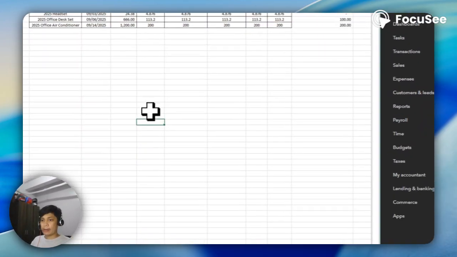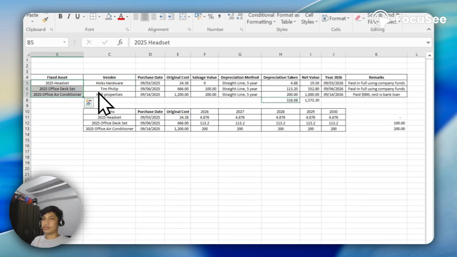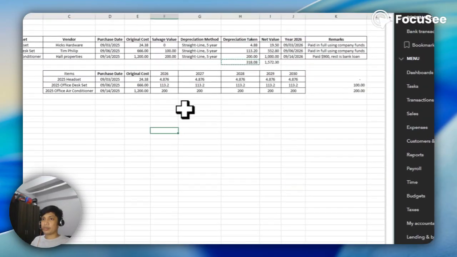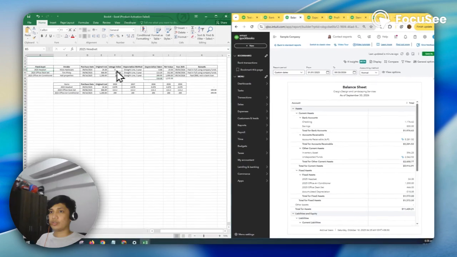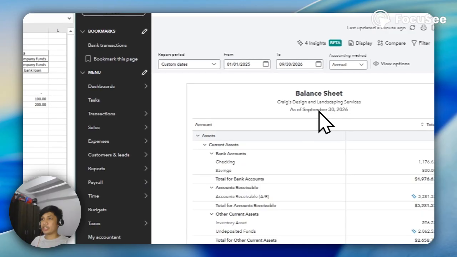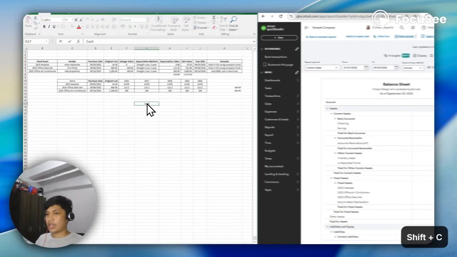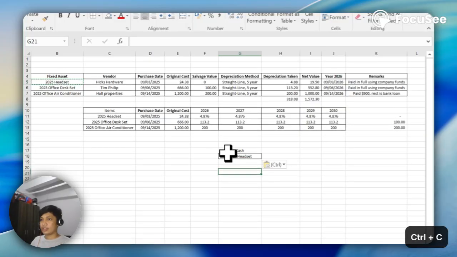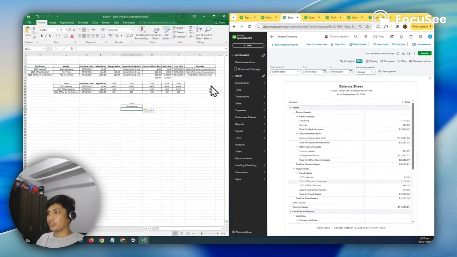My next question: what if I'm going to sell this asset? So, for example, I'm going to sell the 2025 headset model on September 30. Okay, so this is the entry here for that cash, the 2025 headset, and then accumulated depreciation.